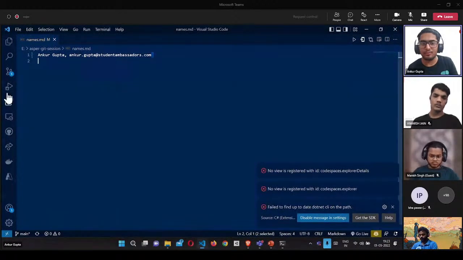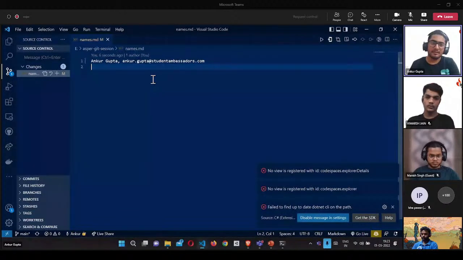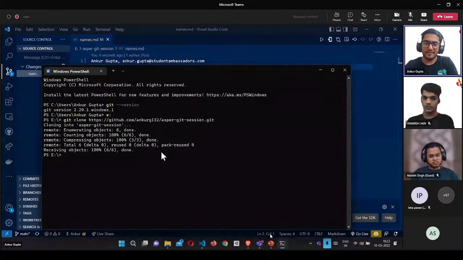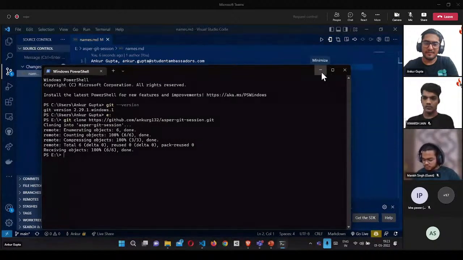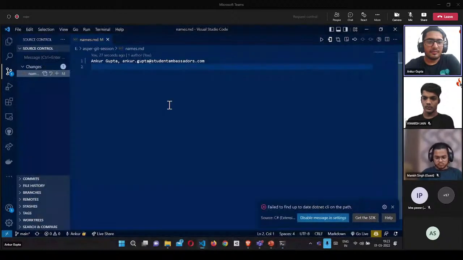I also see this. This is a source control system that is developed by VS Code itself. That is also a nice way in which you can make your pull request and everything. Many people use that. Even I use this system. But since this is a beginner-friendly session, I'm not assuming that you have VS Code installed or anything. We are just using terminal right now. Everyone has command prompt installed, so not an issue. So yeah, you just write your name, you write your email address, and that's it.